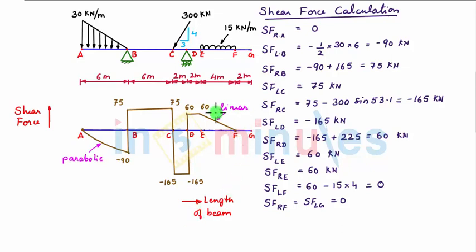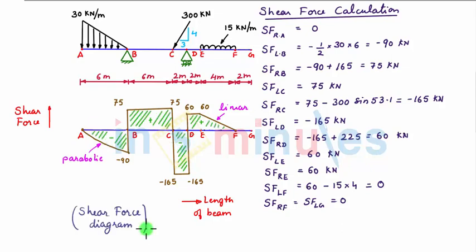So with this our shear force diagram is complete. We see that at some region the shear force is positive, whereas in another region along the length of beam the shear force is negative. After this let's do the bending moment calculation.